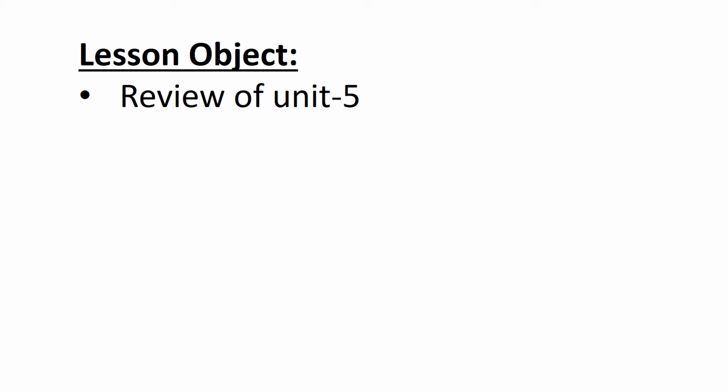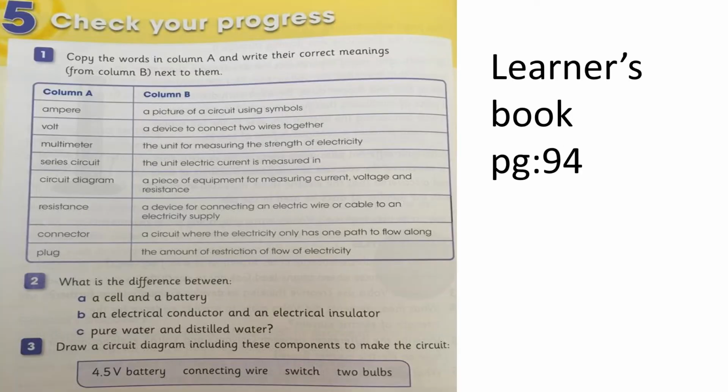We have done all our exercises, like the 10 chapters. We completed our 9 lessons. In 9 lessons, we talked about the circuits, the wire, the current, the symbols of the circuits, how we make the circuits, what is the difference between cell and battery, what is the difference between conductors and insulators, and how we make the circuit. If we remove one thing, what happens, what is the change between the circuits, and what are the effects of these things in our circuit. So let's start your activity.